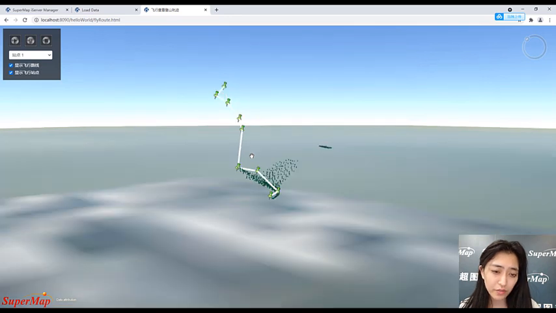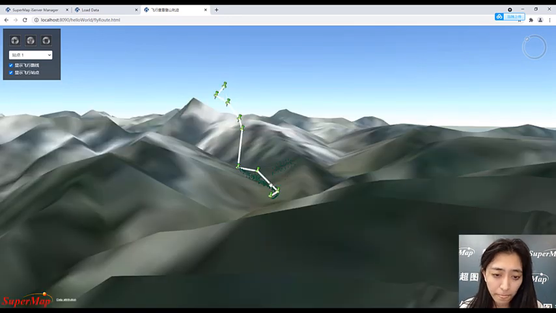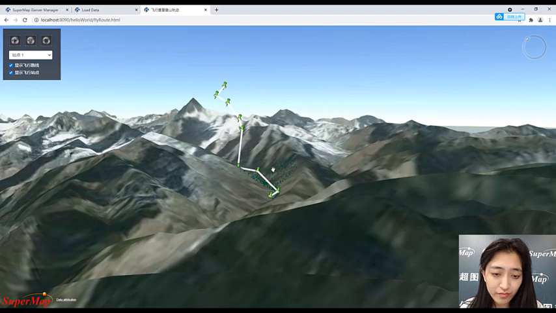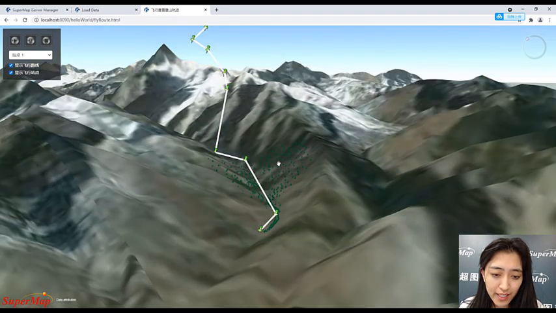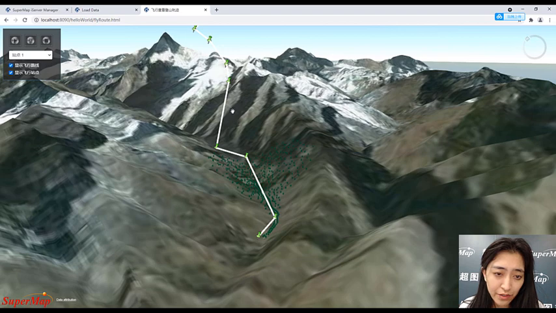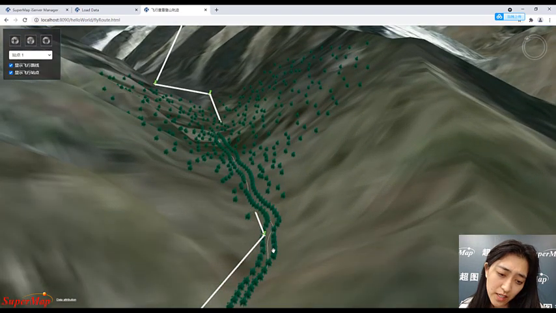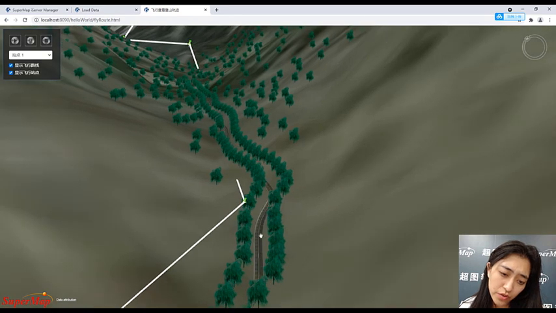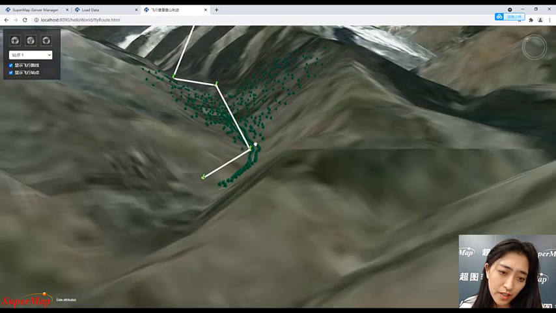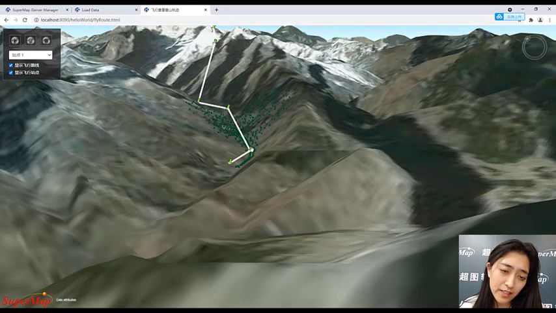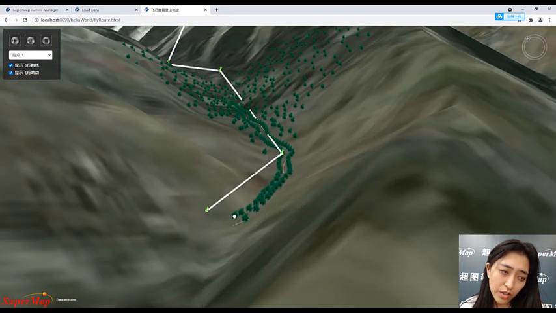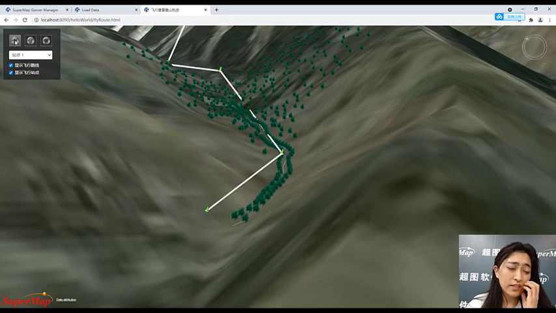Okay, let's wait a minute. We can see that this is our flight route, and there is our road and the trees. Okay, and let's look at this, and we can click this play button